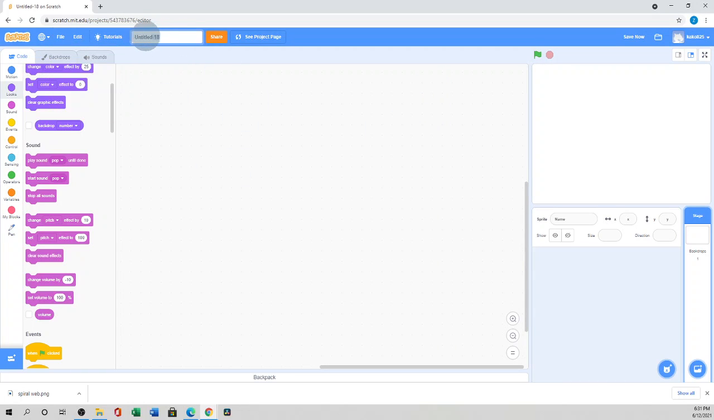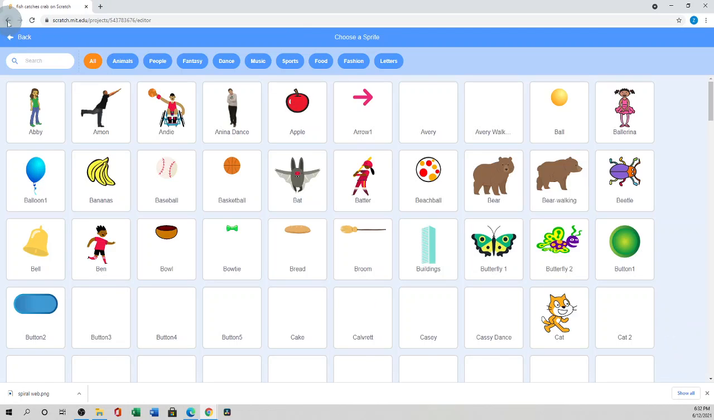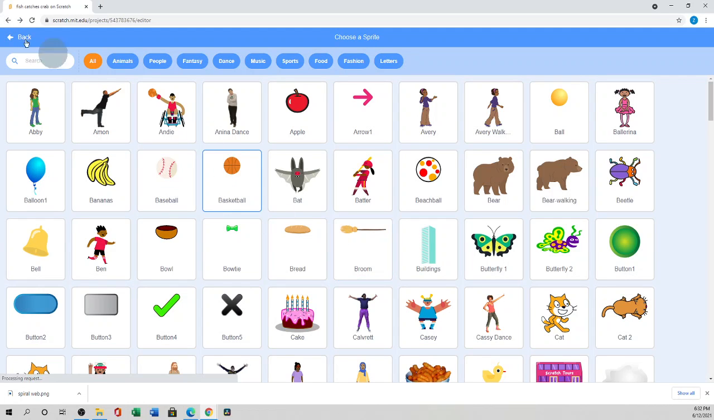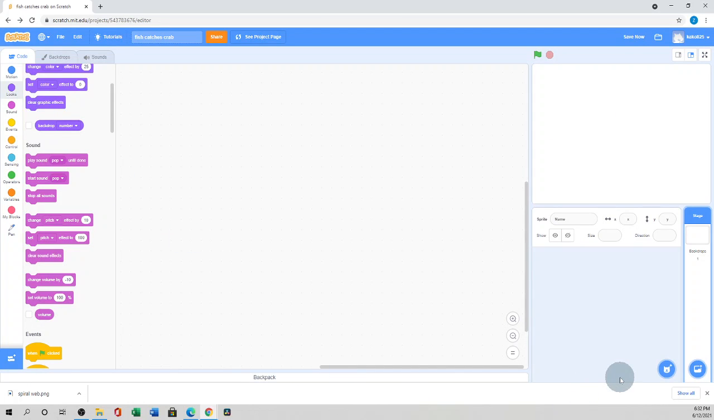Now I'll name it spiral web game, like this is crab. I'll make this game. Any name you want, you can. So now here I want to load that sprite. How do I do that? So we'll go back, and from the sprite section here, see